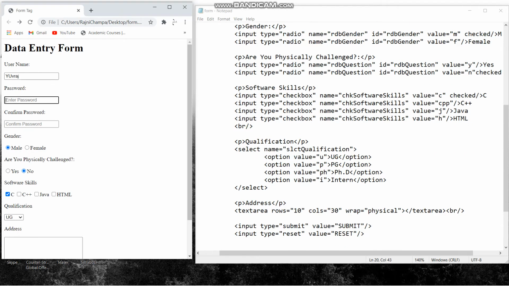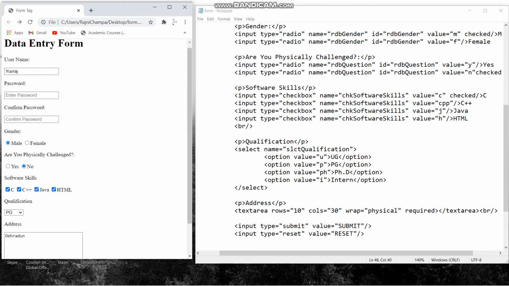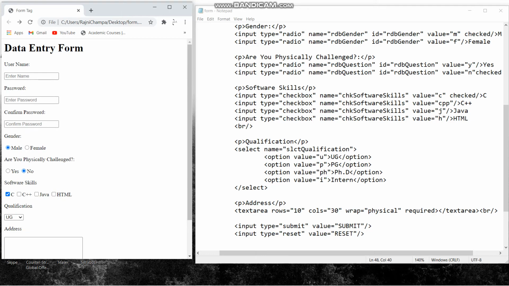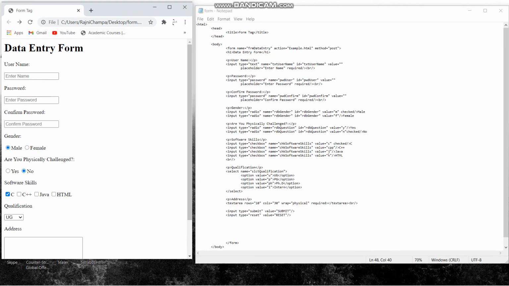Now you have learned how we make the form with the entry control attribute, that is required. You have to give the required field every time you fill forms. So this is it guys, this is how we make a simple form in HTML. Hope you liked it and learned it. If you have any queries, please ask me.